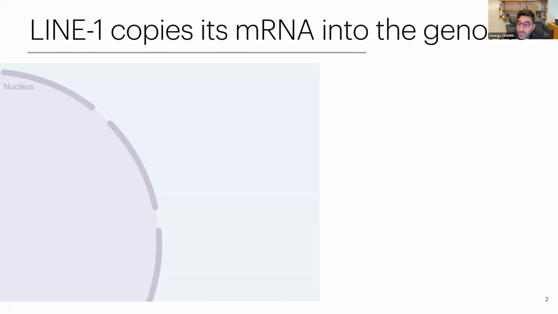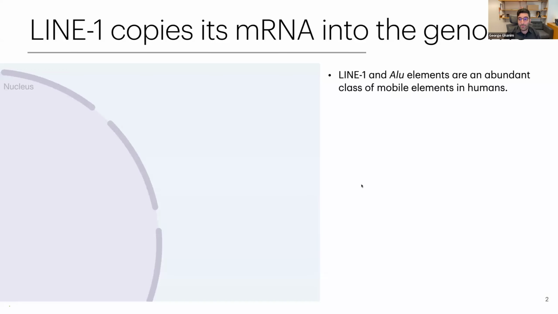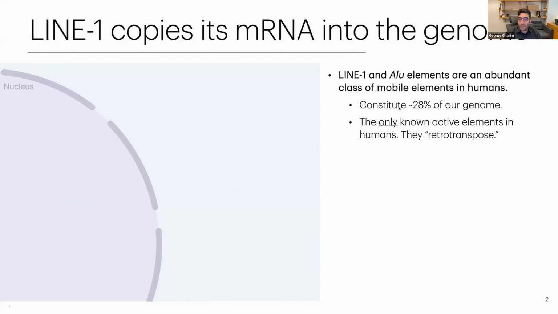In our lab, we study the structural mechanisms of LINE-1 and ALU elements. And these are an abundant class of elements that make up a vast majority of our genomes, almost a third. And you should really reflect on that because every cell in your body has a genome, nearly every cell, and a third of that is derived from these elements. So they're massive players. But importantly, they're the only known active retrotransposable elements, and they move by a process called